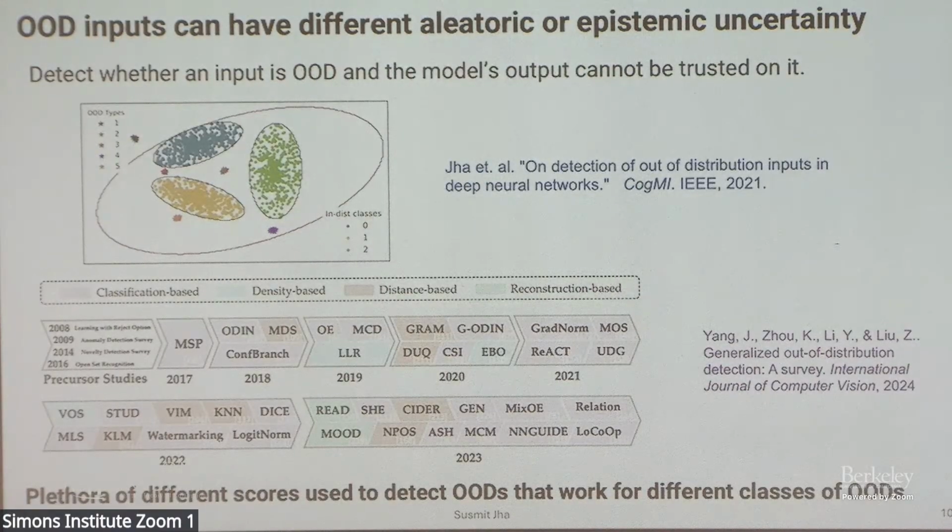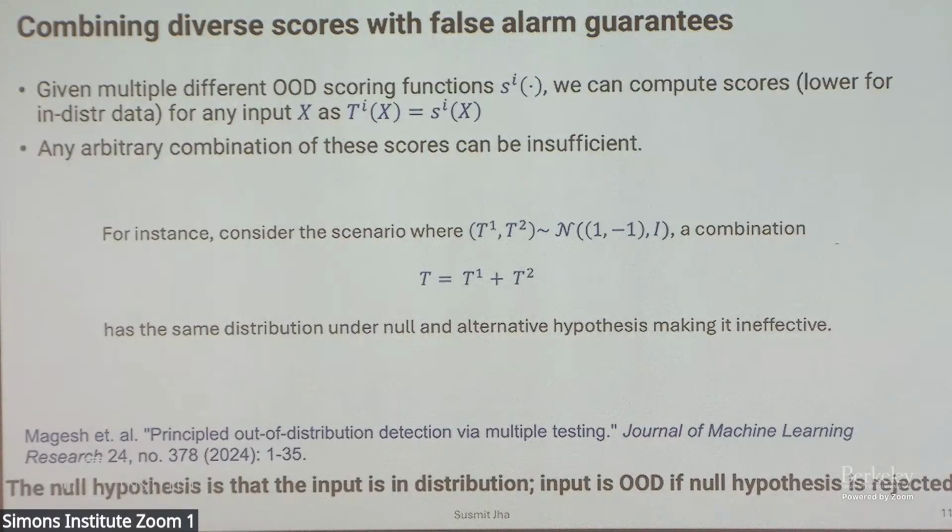So we looked at these methods, and what we realized is that to be able to create an effective way to quantify uncertainty and detect out of distribution, we need to combine all of these measures in some way. Think of them each as a score. For each score, I can define a hypothesis test where the null hypothesis is that this input is actually in distribution, and then see whether I have enough evidence to reject or accept it. But I want to do it with all these possible scores, right?